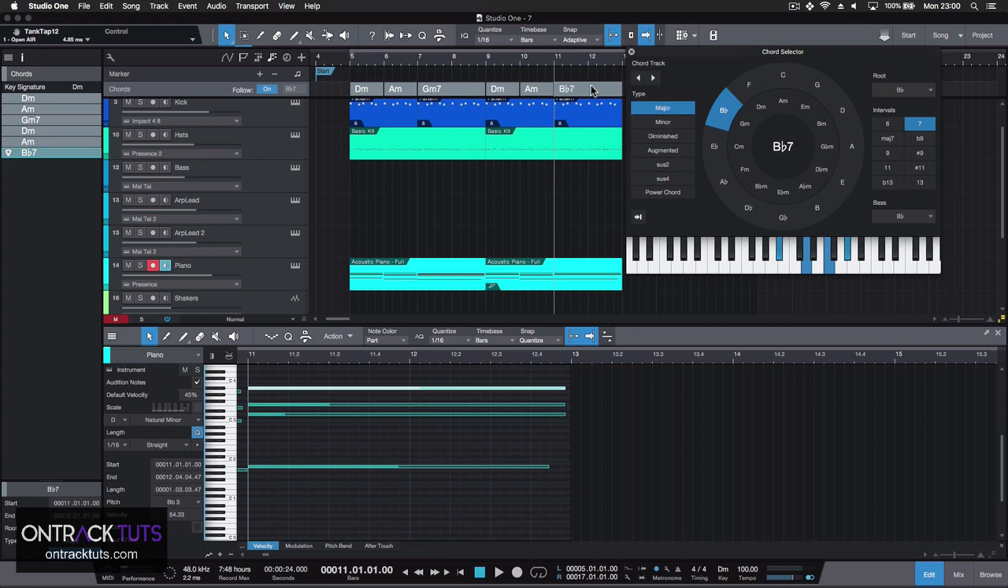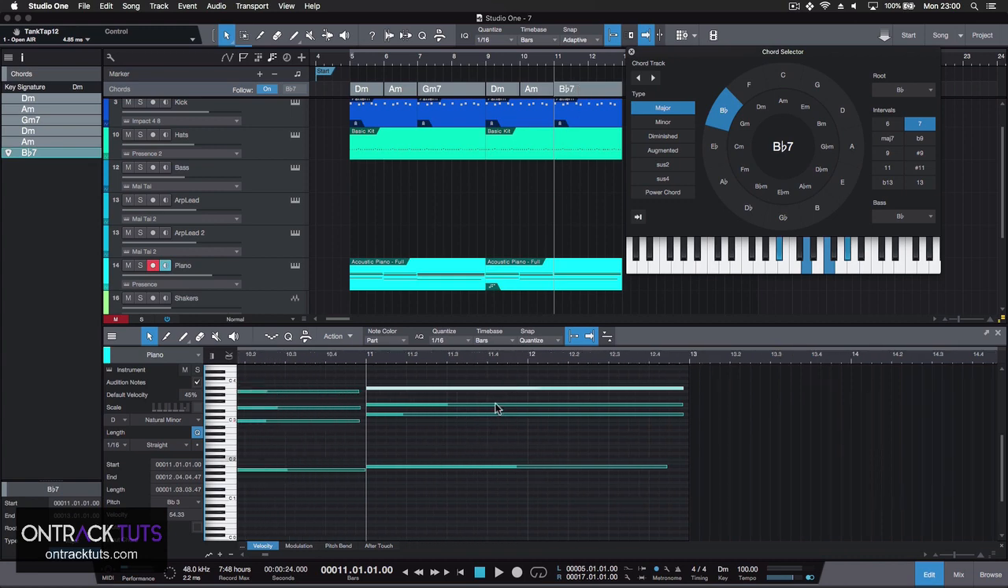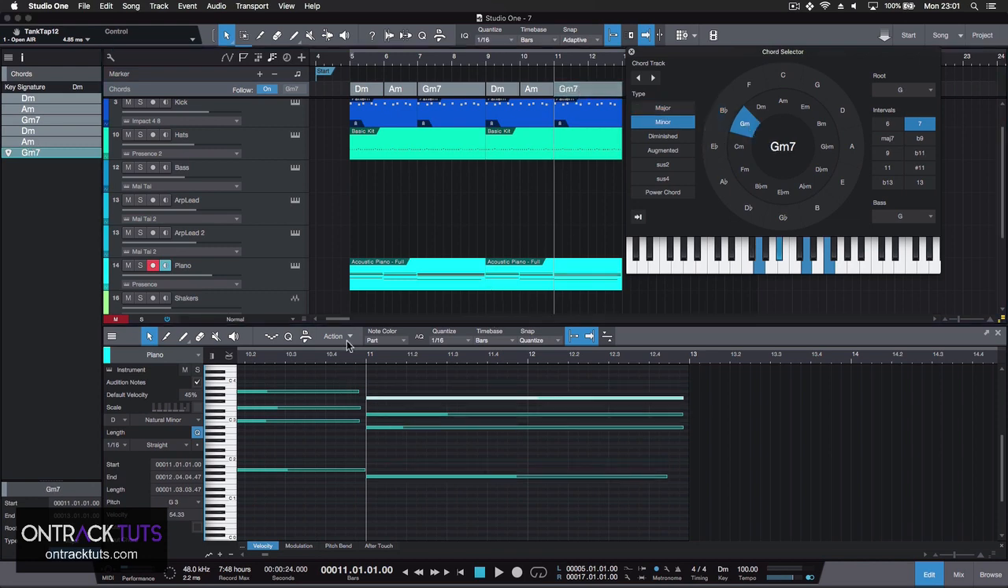On this last chord over here, I changed it to a B flat 7. But if you actually take a look at the MIDI over here, there isn't actually a seventh part on it. It's actually just playing a B flat. And I'll get to that now. But if I change this back to a G minor 7th,